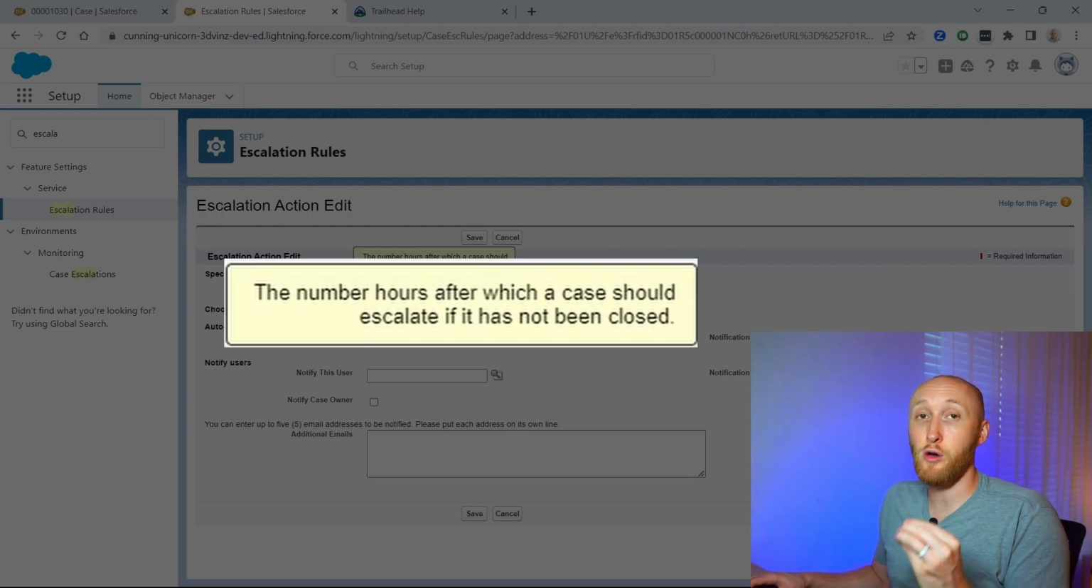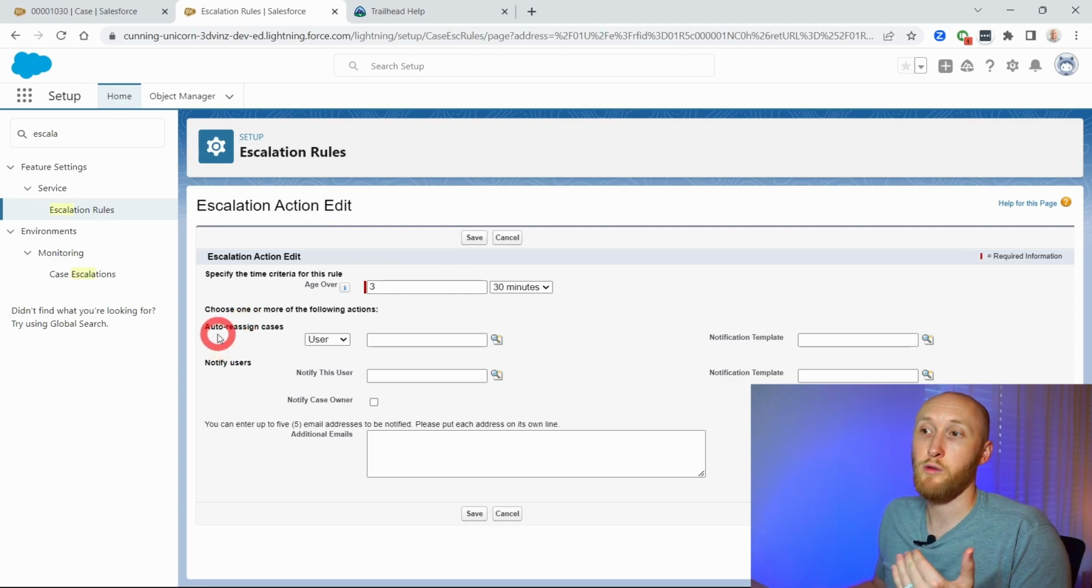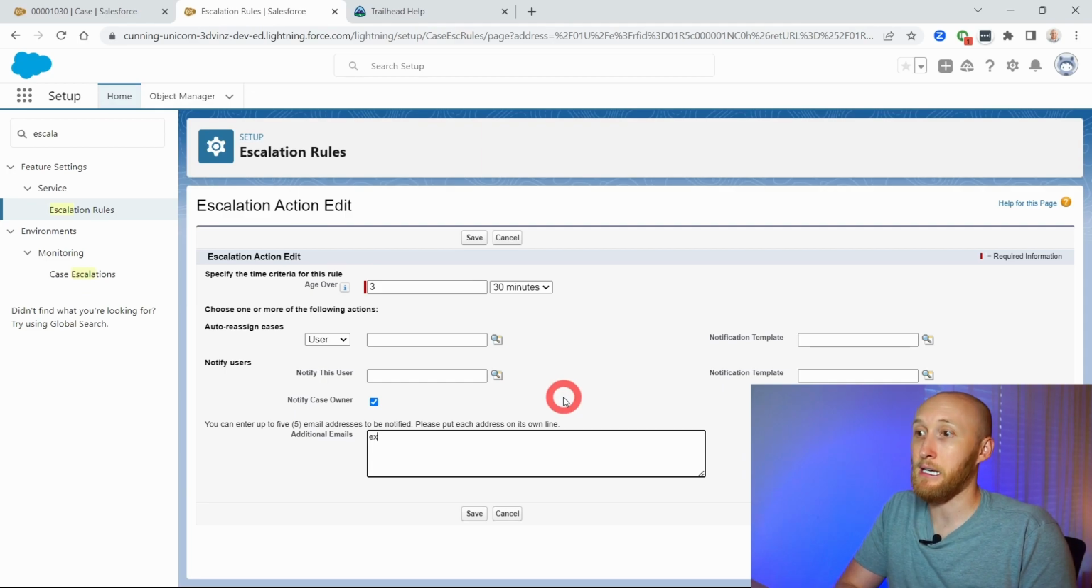And so again, this is only for open cases. If it's a closed case, awesome, your team did their job, no need to hassle your team, it's already closed out. And so you can do it by different increments here. In this case, I will do 3 hours and 30 minutes, right? And so what I can do here is choose whether I want to reassign this or send off an email. Likely I want maybe a case owner, and maybe I want the executive team